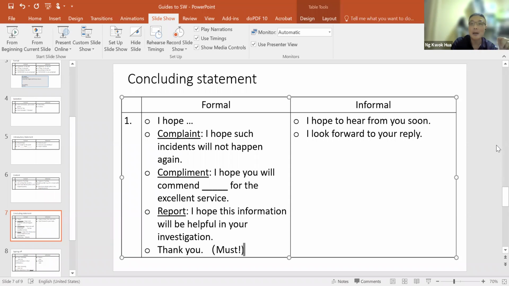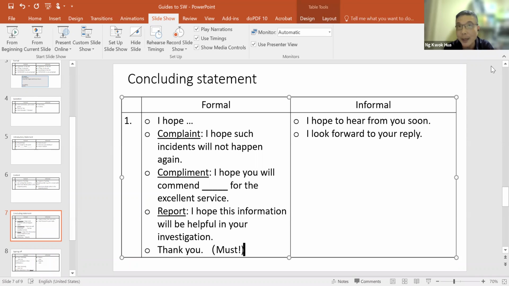Okay, but for informal, here comes the part where it's slightly more challenging. Informal, you don't have to end every single informal with a thank you. For example, the recent practice that we had, you actually invited your friend to join you for a movie, right? And it's all paid for, right? And your uncle actually did you the favor, right? Your uncle actually